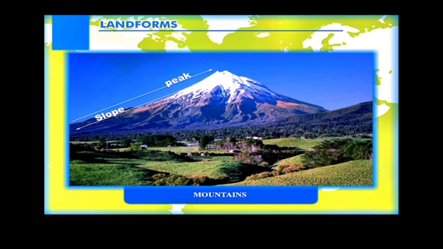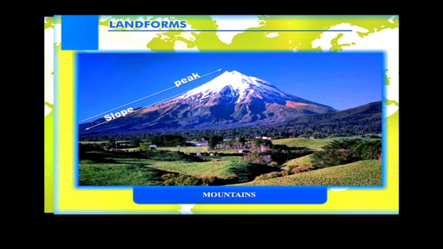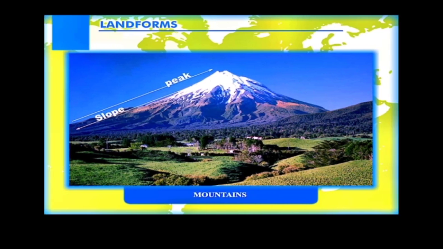They occupy about 1/4 of the total land area of the earth. Some mountains are even found under the sea. Most of the mountains are in the form of mountain ranges. A mountain range is a system of mountains, hills, and valleys that are arranged in a line stretching over hundreds of